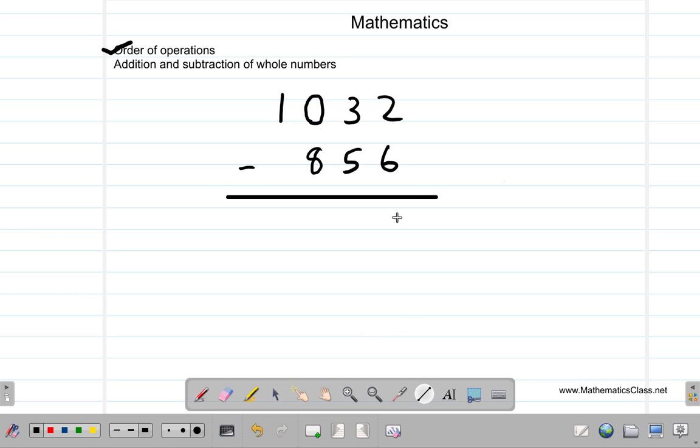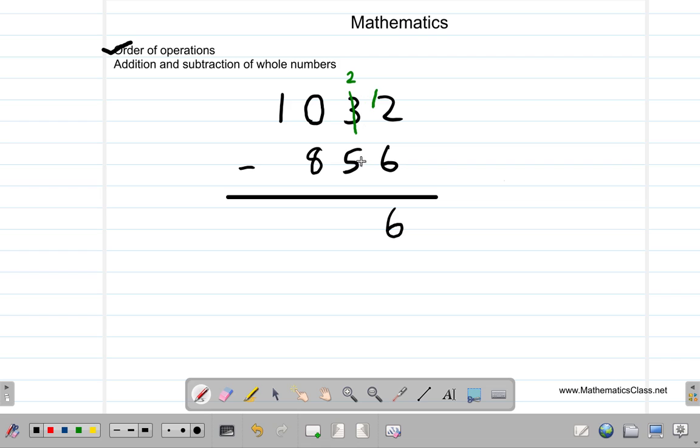Let's use the algorithm first of all. Alright. 2 minus 6, you can't. We say you go here and you borrow 1 from 3, leaving 2. And you bring a 1 here to make this 12. And you say 12 minus 6 is 6. You see that? Then here,